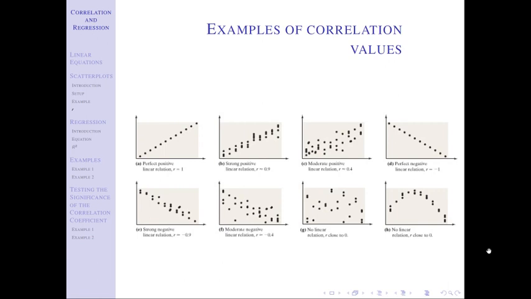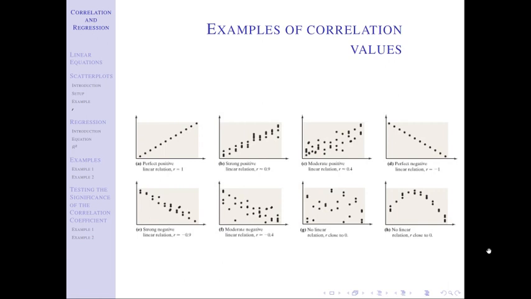R, because if I were just given R is close to zero, I don't know if I'm in G or H. So if I have R close to zero, what can I say? I can say that there is no linear relationship. I cannot say there is no relationship. Maybe it is, maybe it isn't.